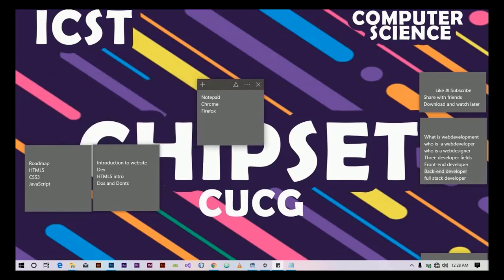If you can see, we have Notepad, Chrome, and then Firefox. Well, these are the three recommended things that at least you should have if you don't have any application on your computer. You should try to get Notepad, Chrome, or Firefox. These three things will help you to code or try to help you to create your own website. So we underestimate Notepad, but Notepad is one of the powerful things, so try to get it. And then Chrome too,